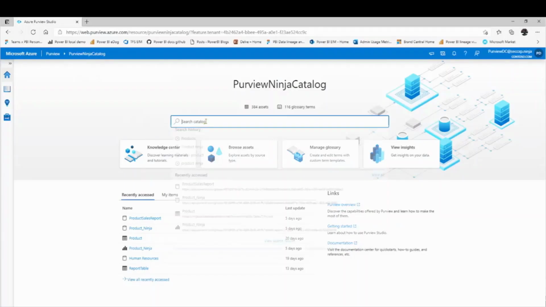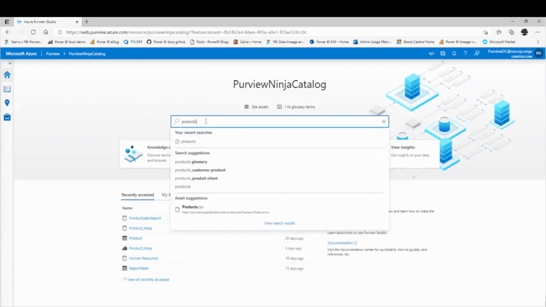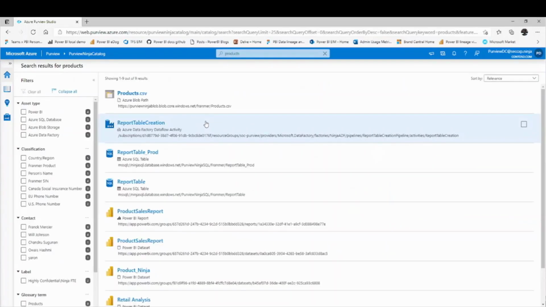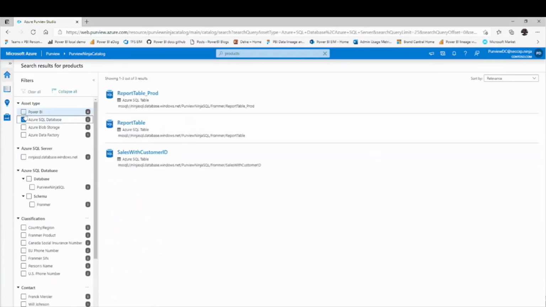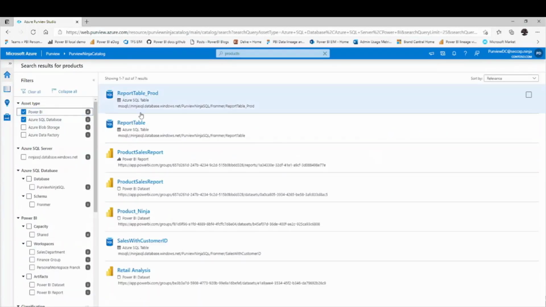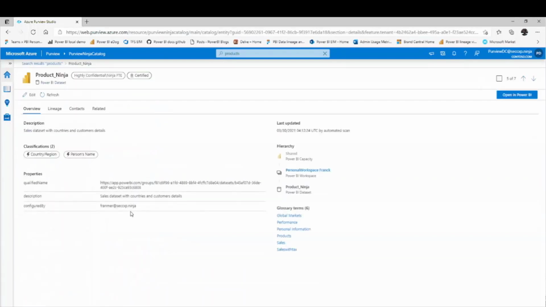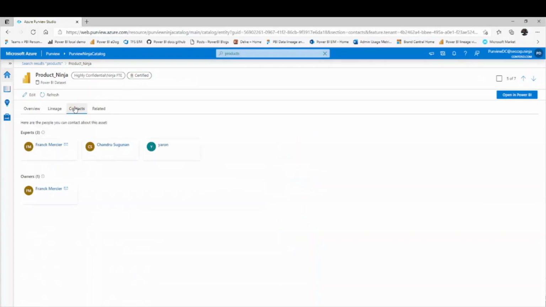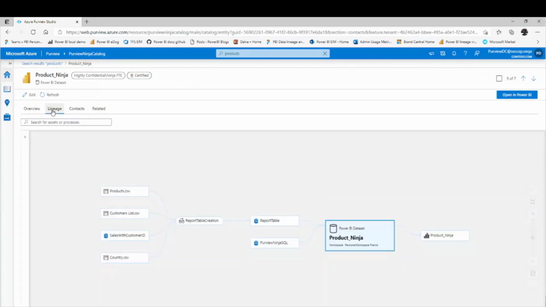In the Purview application, you can search Power BI products, select them, for example, Azure SQL database, Power BI product. You then can see the sensitivity labels, the certification, contacts, lineage, and more. You can then go to Power BI